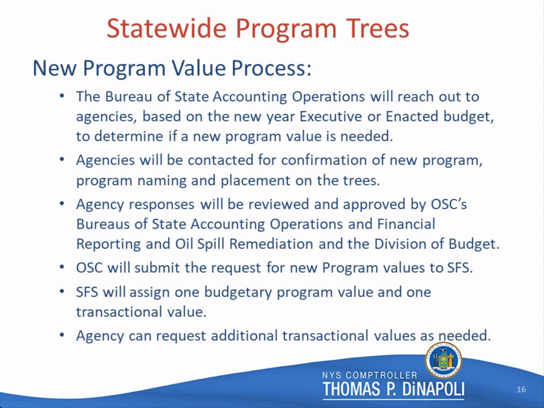Once the executive budget comes out, your assigned accountant will review the new year budgets and start preparing to get the budgets put up in SFS. While reviewing the budget, they may notice that there are what appears to be new appropriations in the budget bill. They will reach out to the agency to determine if a new program or fund value is needed. If in fact it is needed, they will ask the agency for a confirmation of the new program name and